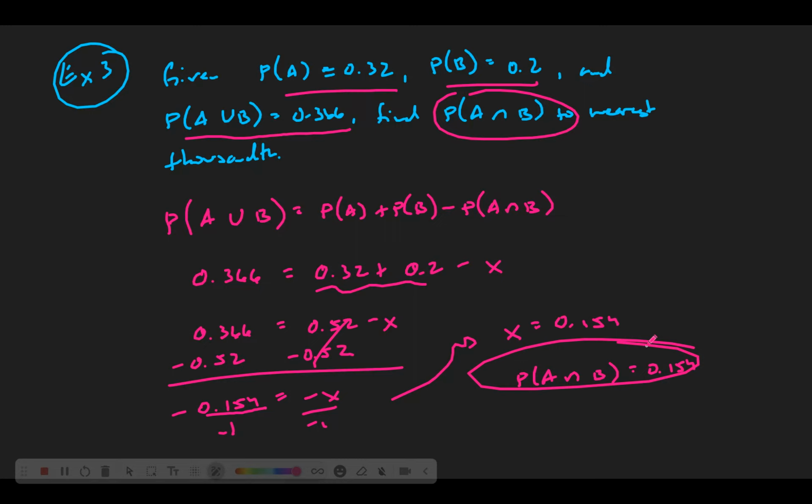Okay, more work of that formula. Okay, last but not least, I want to have a quick discussion on what it means to be independent. Okay, so in probability, if we're working with compound events, sometimes they're independent and sometimes they're dependent. So independent events mean the following: the occurrence